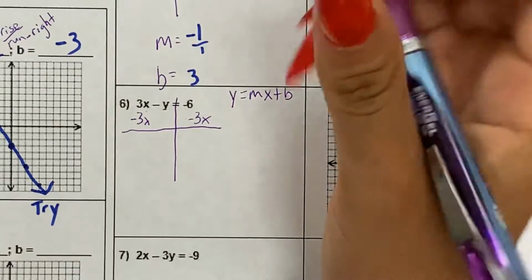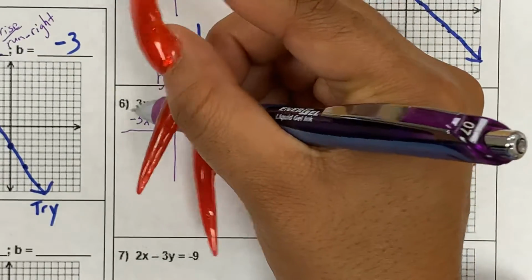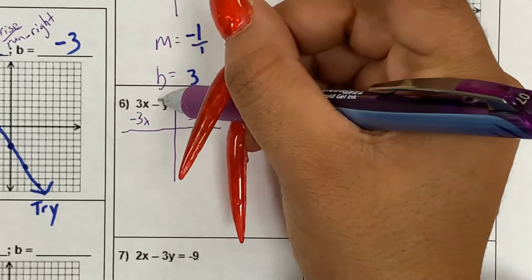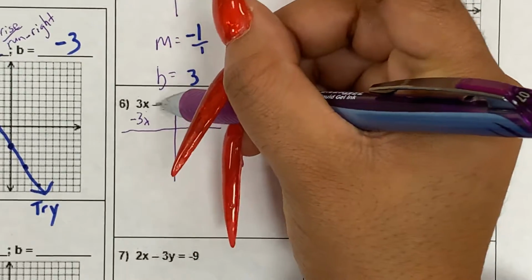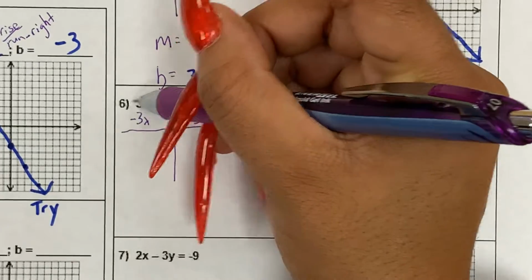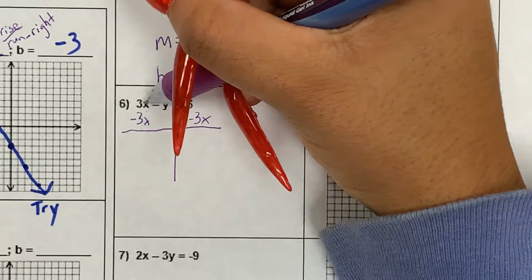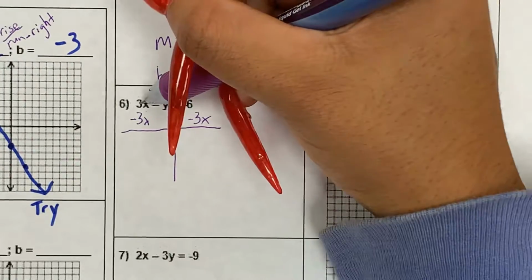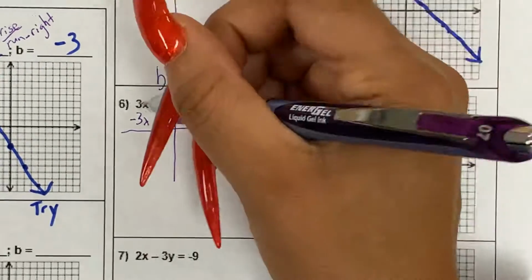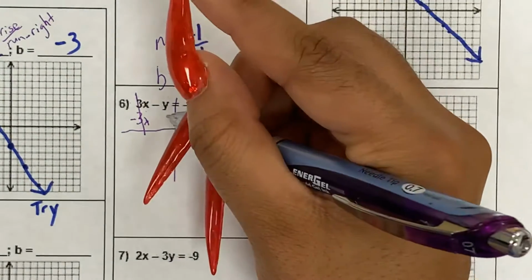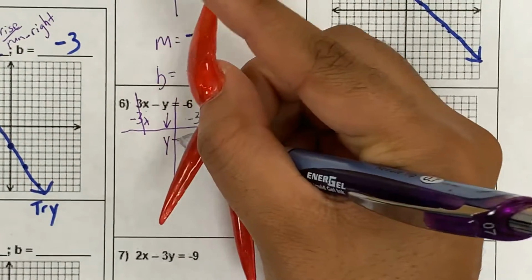Okay, note you always do what's in front of the x term. Even though this is minus y, I don't care what's behind it. I have to look at what's in front. What is the actual 3x? It's a positive. So if it's a positive, I have to do negative. The zero's out. So I'm going to bring down my y equals